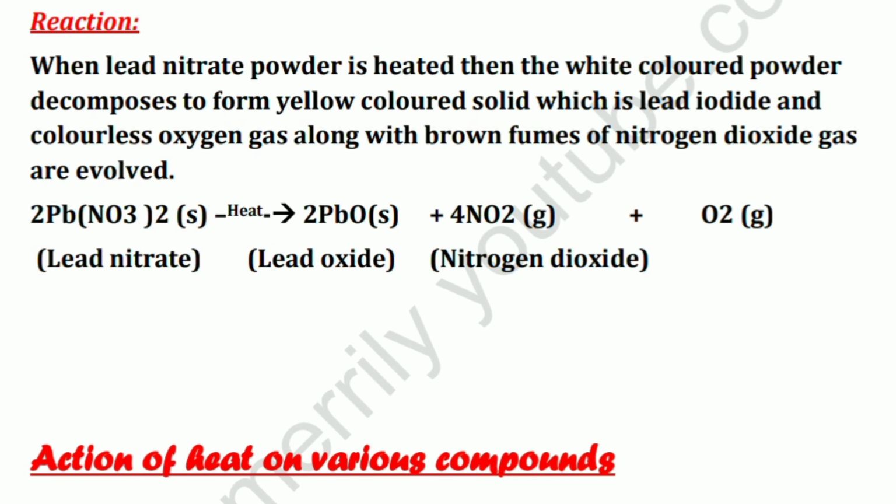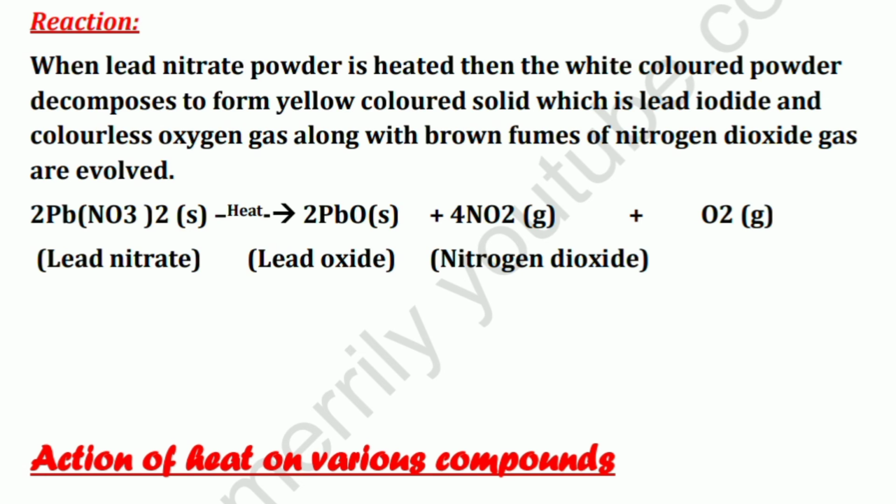What will be the reaction? So when you are heating lead nitrate, what will happen? It will decompose. Now lead nitrate is a white solid, and when you are heating it, you will see that there is a yellow solid being formed. Now that yellow solid is lead oxide. So lead oxide is yellow in color. This is also very important. Okay. Then nitrogen dioxide gas and oxygen gas are also formed, and it is due to the formation of nitrogen dioxide gas only that brown fumes are seen, and oxygen gas is being formed. So colorless gas is seen too. So that is why you see a colorless gas being evolved.